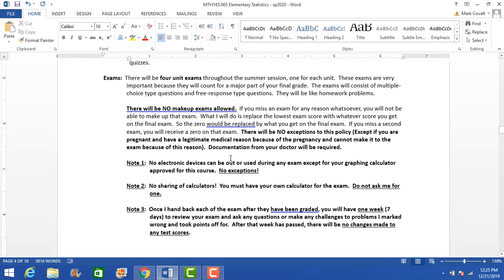Exams. Okay, so there are 4 unit exams. Again, this is going to consist for each unit. Again, I'm going to show you where that material is going to be added in Blackboard. But there are 4 unit exams, 1 for each unit in the class, and there will be no makeup exams. So, regardless of the situation, other than pregnancy and complications due to pregnancy, there will be no exceptions to this